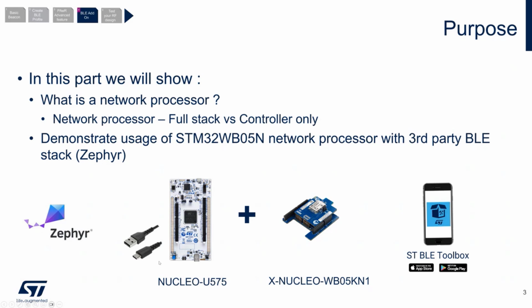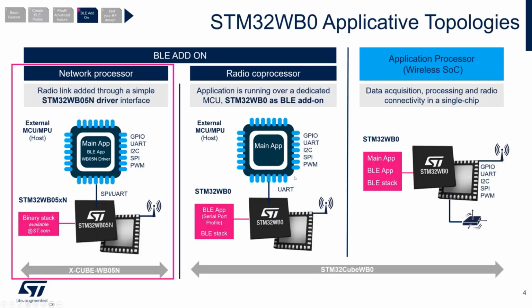And here, in case of a BLE add-on, of course, we need a BLE host. As BLE host, we selected the Nucleo U5, STM32 U5. Of course, we could have selected any other host. We selected the Nucleo U5 thanks to the Arduino connectors that are also available on this expansion board. And on this U5, we will run Zephyr. Zephyr is available for almost all STM32. All STM32 are supported by Zephyr. So we selected U5. So let's start.